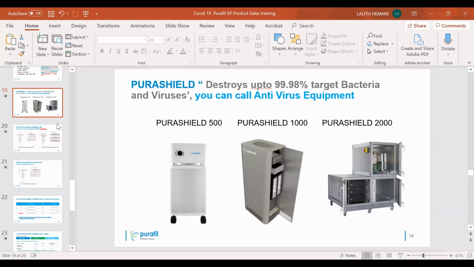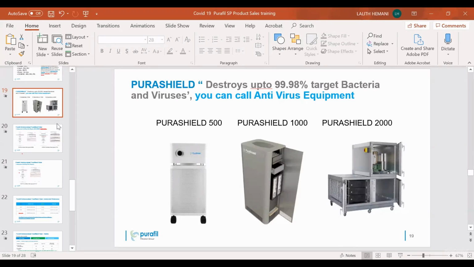If somebody wants, we can show them. We introduced the bacteria and viruses, and how much load we introduced, we have written that. After 1 hour, we tested the air quality in that room. It was 99.22% efficiency in that room in 1 hour. So we really do not know whether it was achieved in 5 minutes or 30 minutes, but in 1 hour, when we tested, it gave an efficiency of 99.22%.